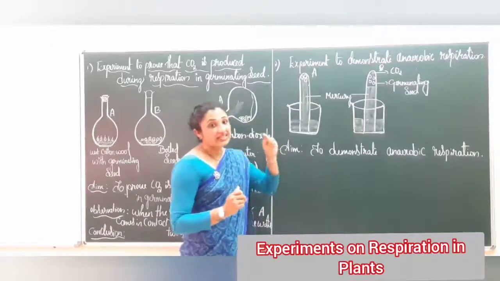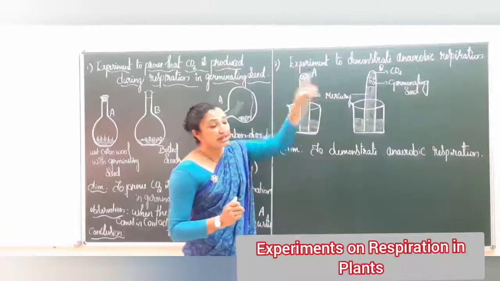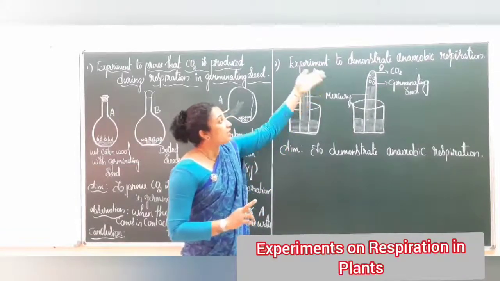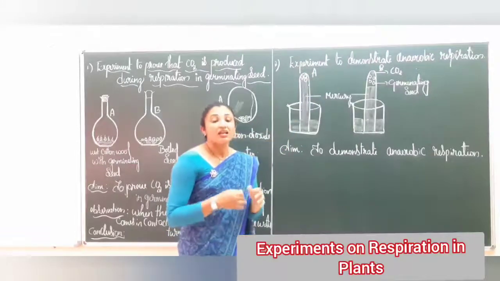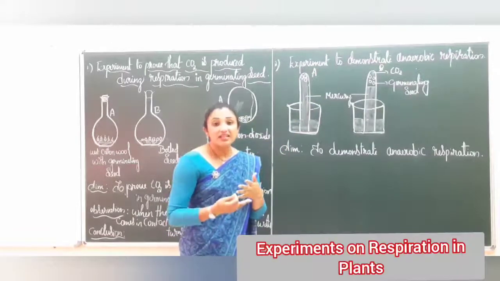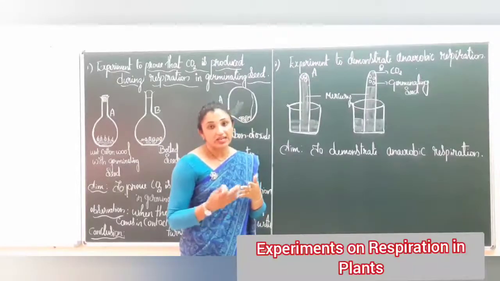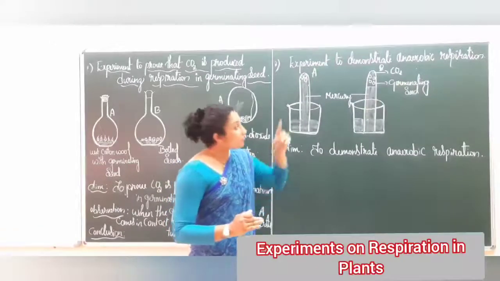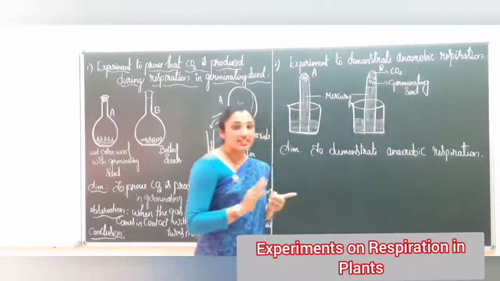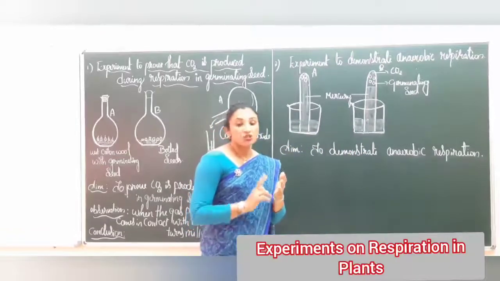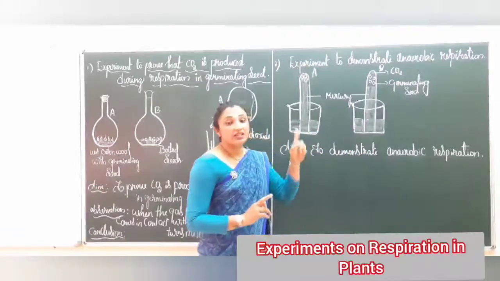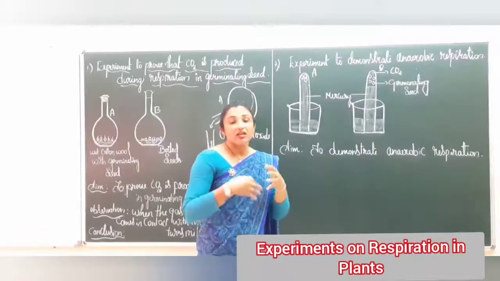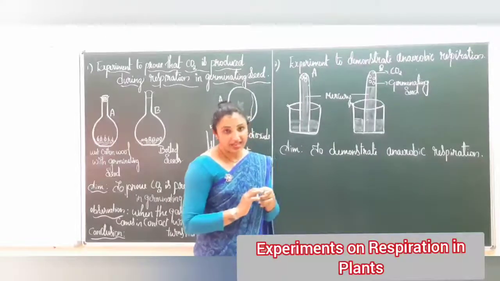Okay, this is also one of the questions. Why do we take peeled seed while demonstrating anaerobic respiration? The answer will be: it will fasten the diffusion of the gas. Which type of gas? As we are demonstrating anaerobic respiration, obviously it should be carbon dioxide. Isn't it so? So, why do we take peeled seed during anaerobic respiration? Because peeled seed fastens the diffusion of carbon dioxide gas.